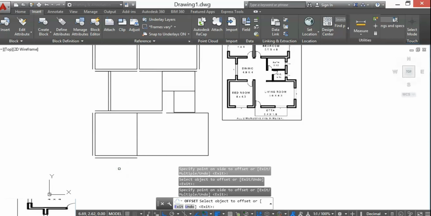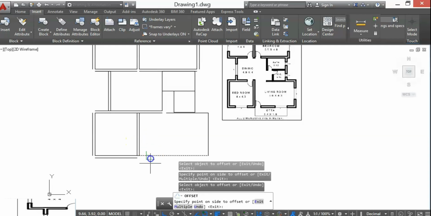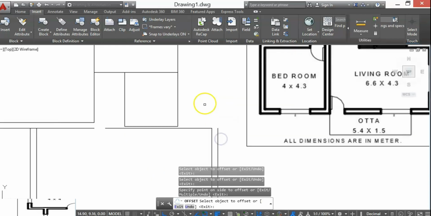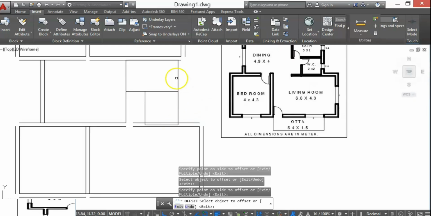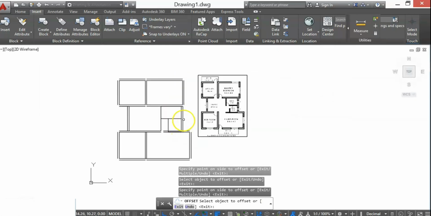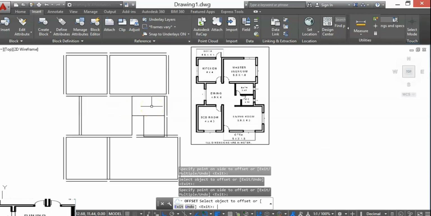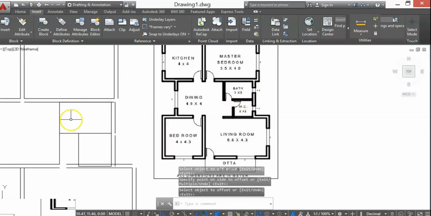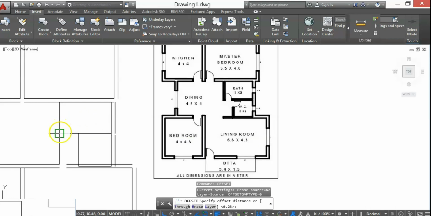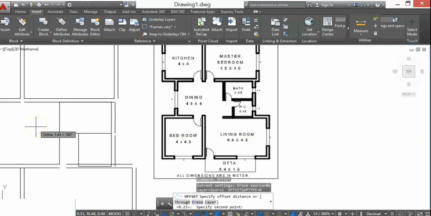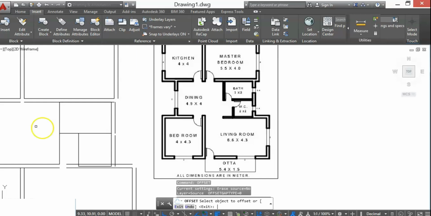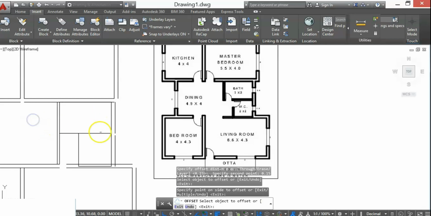All the dimensions are in 2 inch, so I am taking wall thickness on the outer side. All these bathroom walls are partition walls, so again I will type OFF, enter, select midpoint, entering 0.15, which is the dimension of the partition wall, and selecting all those walls.